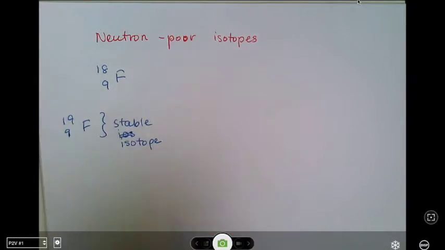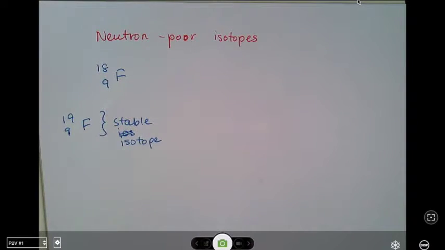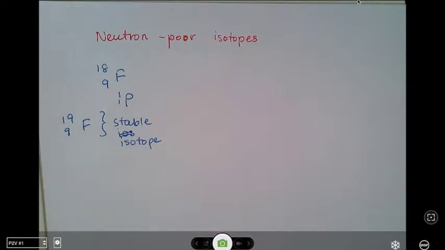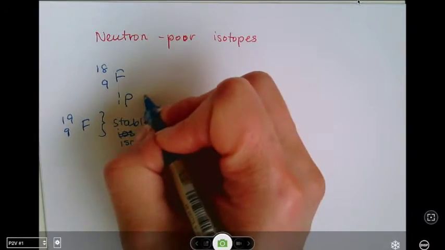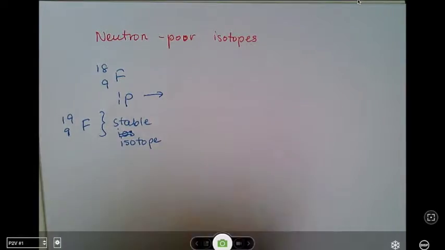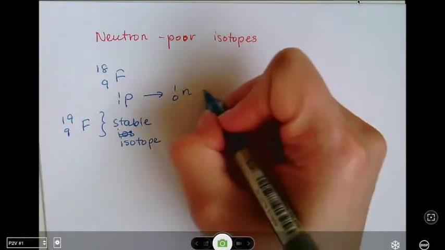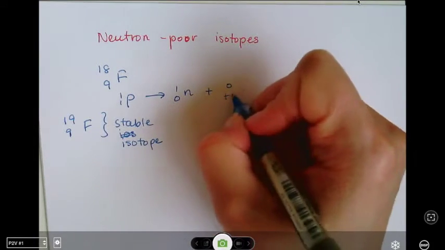So you can see clearly that there's one less neutron in fluorine-18 than in fluorine-19. What happens in this particular instance, in order for the neutron poor isotope to become more stable, is that one proton in the nucleus of the fluorine-18 transforms into one neutron and what we call a positron,